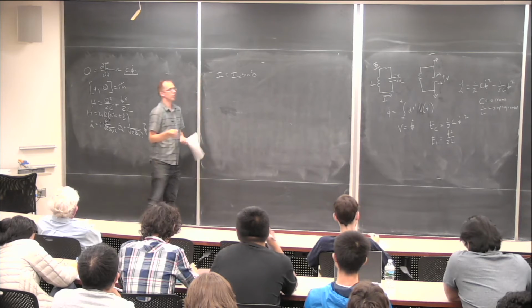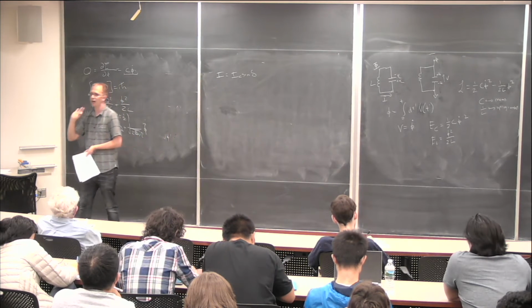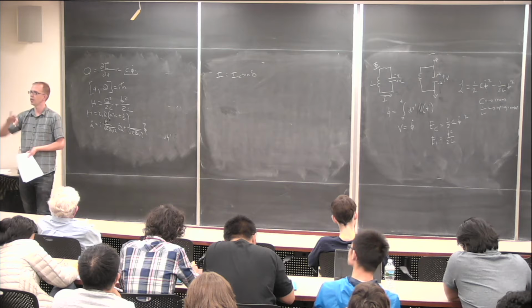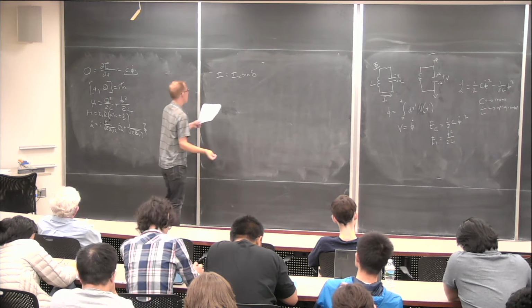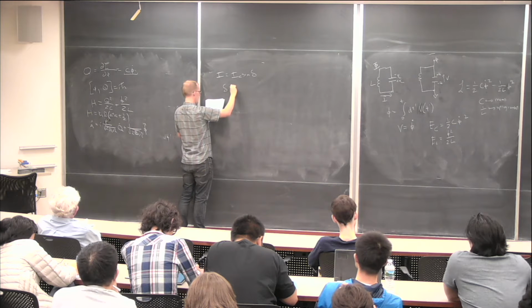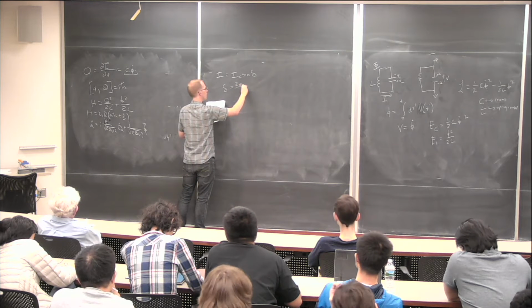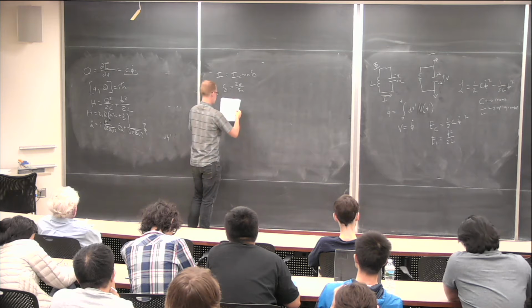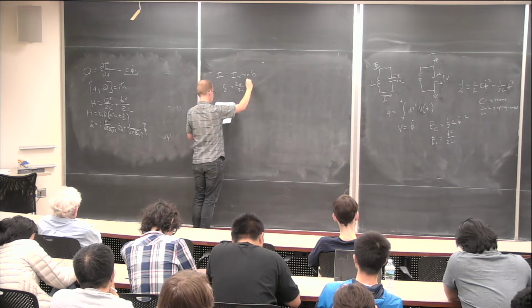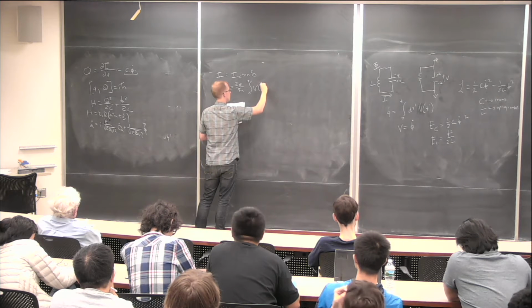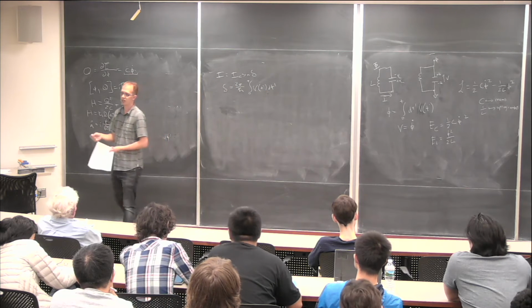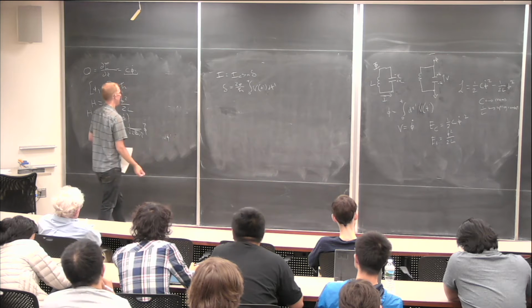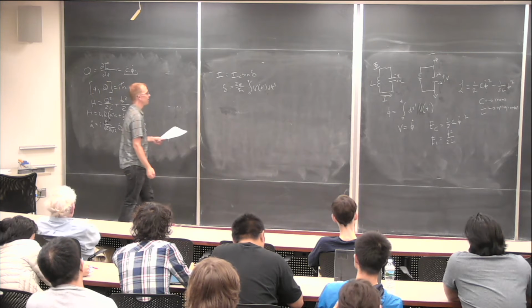The current in a junction is related to the sine of the phase difference across the junction, where delta is now the difference in the phase between the superconducting condensates on either side. And you can relate that to the voltage as 2e over h bar times the integral of V(t') dt'. You can relate that to the history of the voltage across the junction, and you'll note right away a few things. So one,